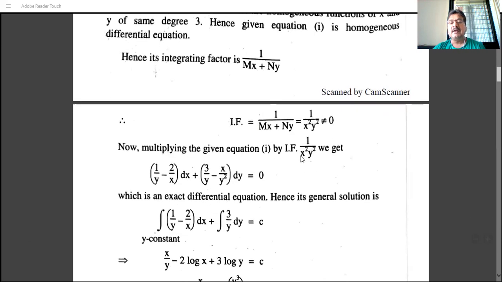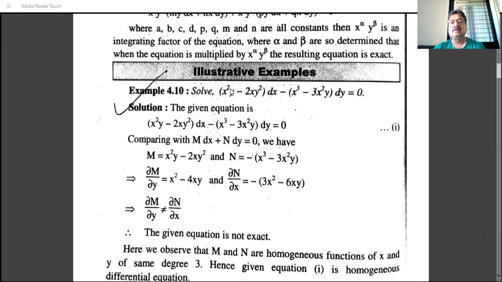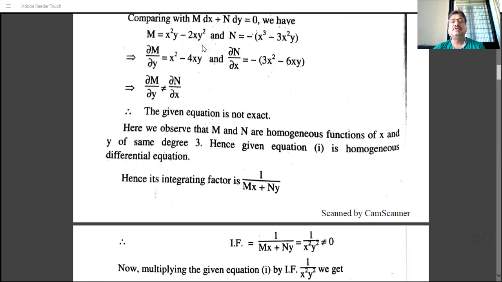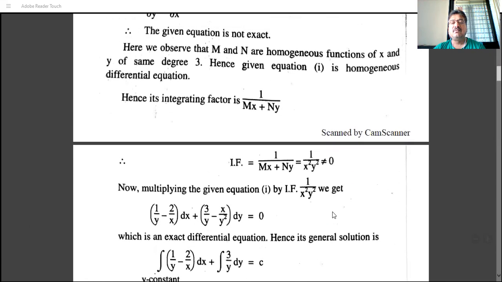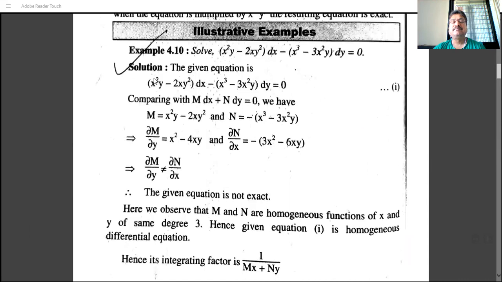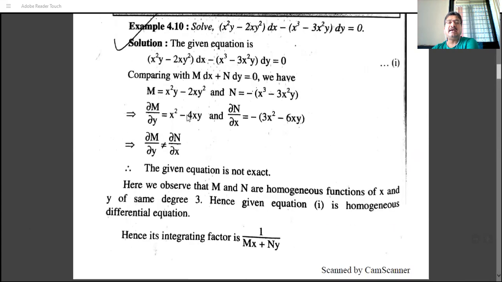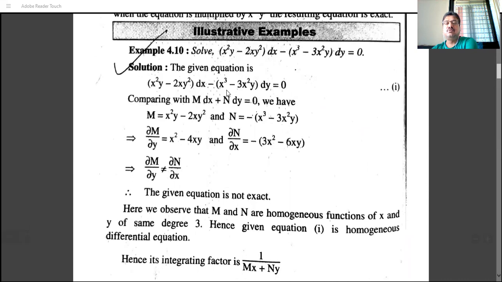So now we have to find the solution of this differential equation, number 1. So multiplying equation 1 by 1 by x square y square, we have x square y divided by x square y square, which is 1 by y, minus 2xy square divided by x square y square, which is 1 by x. So (1 by y minus 2 by x) dx minus x cube divided by x square y square